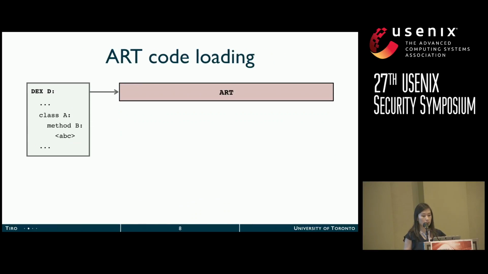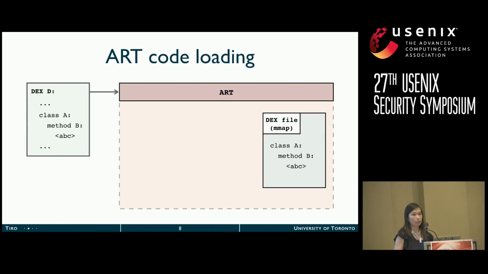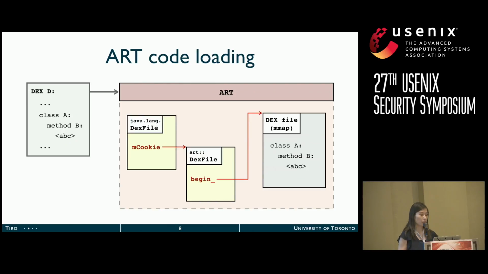So looking first into the code loading process, when the application wants to load a file of bytecode into the runtime, ART will first map this file into memory, and it also creates objects that keep track of the metadata for this file. There is a Java text file object that allows Java code to reference this file later, and it contains a pointer to a native text file object that will track where this file and where this bytecode